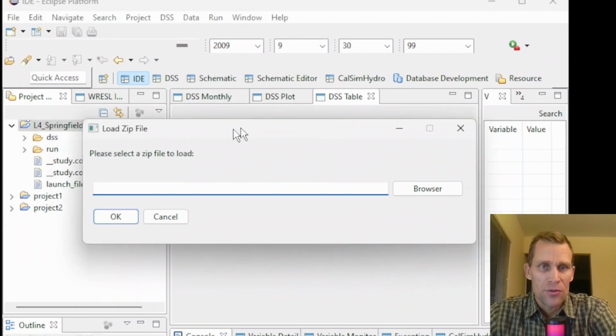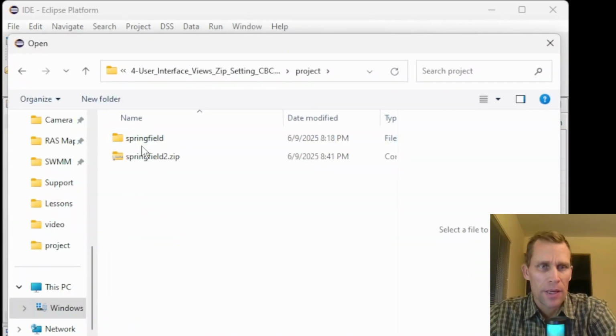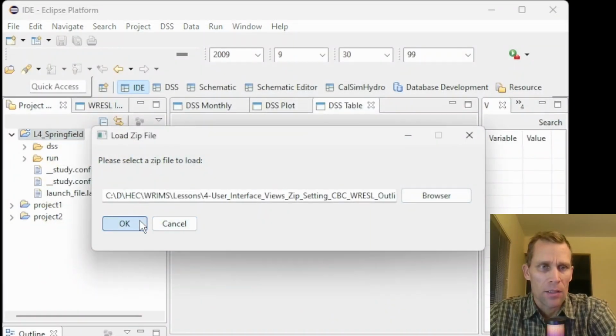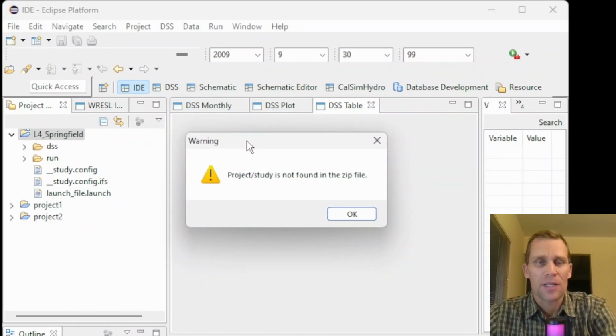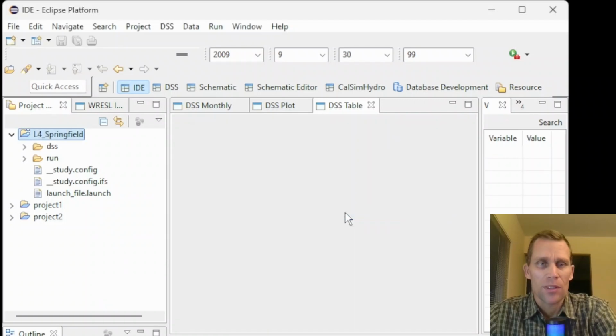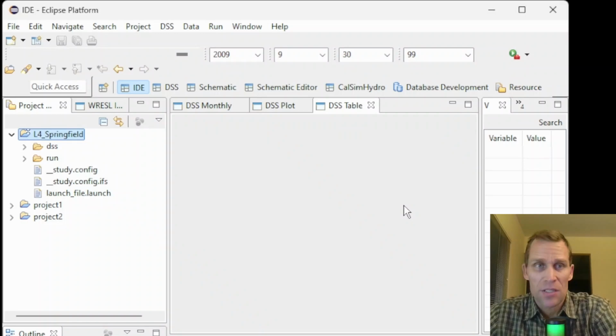Okay, now I need to navigate to that zip file. So one moment. Here's the project directory. Okay, here's Springfield and then Springfield2.zip. So I'll click that. That's set. And then I'll click OK. And okay, so I was getting this error when I was preparing for this lesson. I wasn't sure if it would work or not, but I'm doing something wrong here. Anyway, that's the process that was explained to me, and I may have to just modify something to get that to work. So let's just move on to the next one, which is to set the solver engine to CBC,